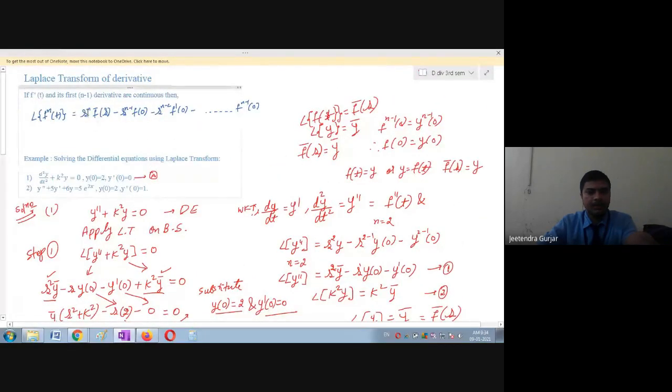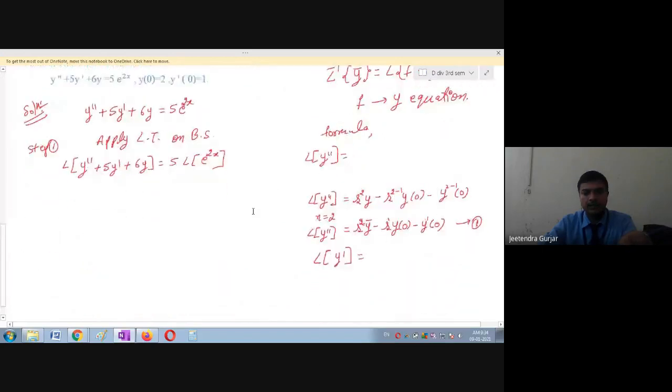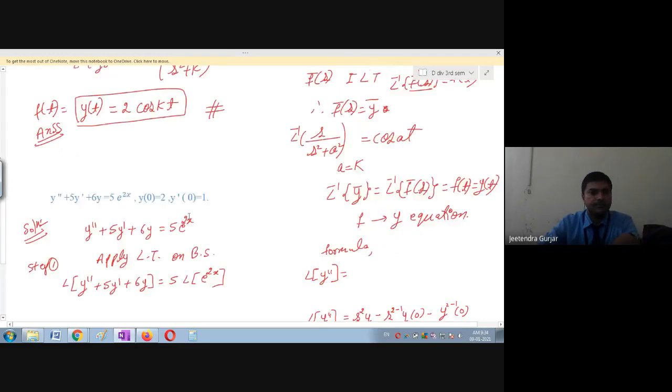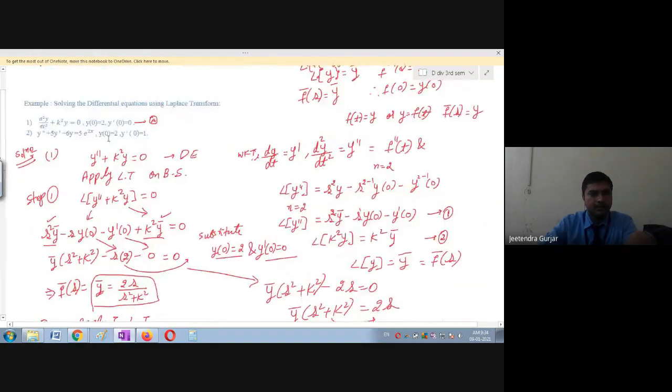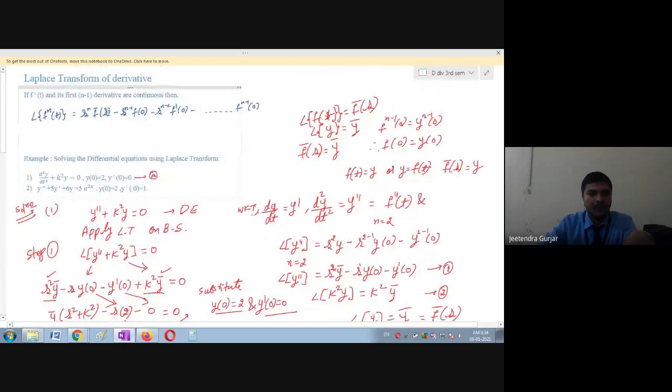See, this is s raised to n. So I will take this as s raised to 1. So you can see, compare this equation. n is 1 here. Am I right? n is equal to 1. So this is going to become s raised to 1. Then y dash is there. Yes, so it is the f dash of s.